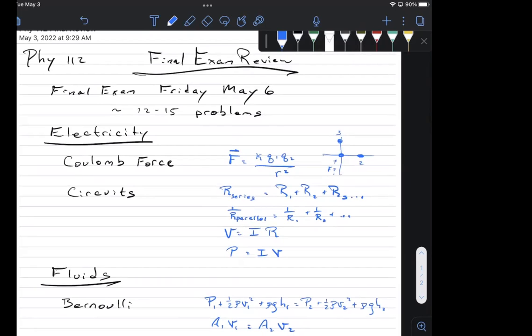But definitely my biggest recommendation is look back at the old tests, rework them as if you're taking them again, and the practice problems that are posted. If you could do those, you should get 100 on the final exam because it'll be the same types of questions, nothing new. Other than that, little things,